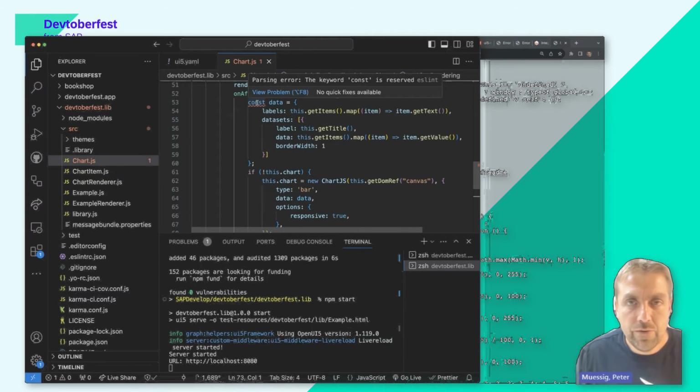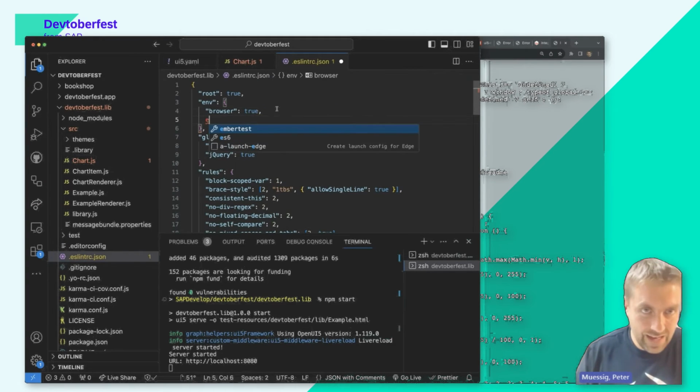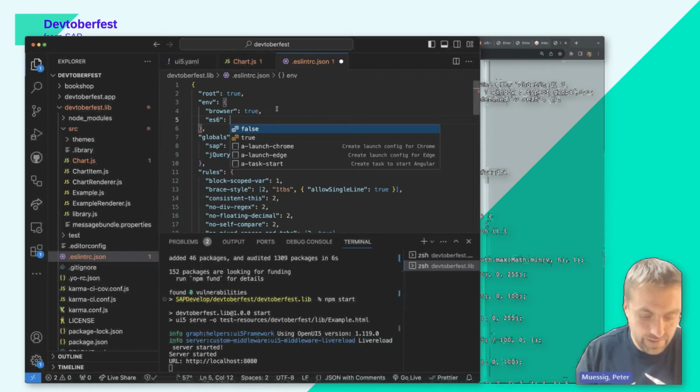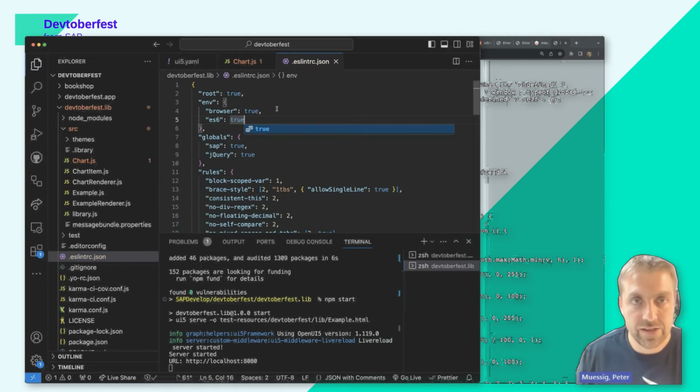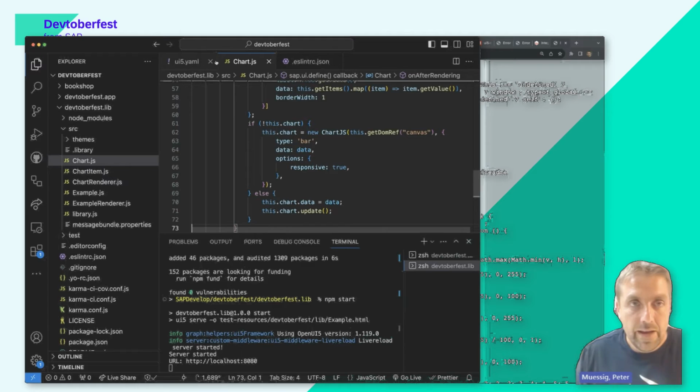If this is annoying to you, by the way, and you see that also in your projects, you can go to the ESLint-RC JSON and say, I'm supporting ES6 here, and all modern UI5 applications and browsers support ES6, so don't bother me anymore with that. I can use modern syntax and it's good. Okay,